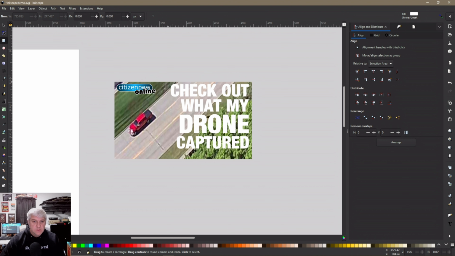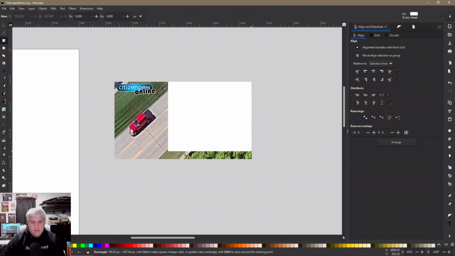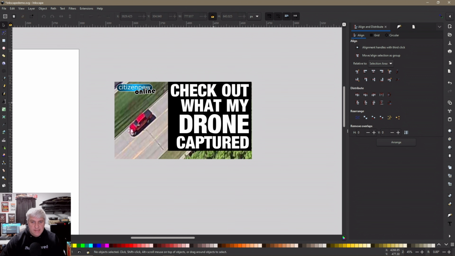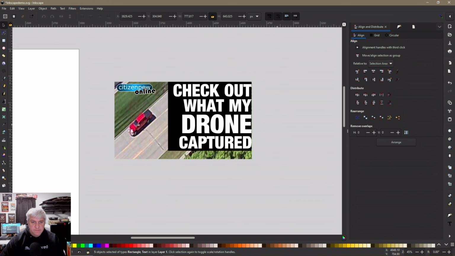So I try to stay away from it. And what I'm going to do here is I'm going to build a box like this. And I'm going to make it black. And I'm going to send it behind all the text. And now I'm going to take all of that. I'm going to justify it. And I want this box to be... I want to take those away. I want it to be 720. I want it to be the same height as the